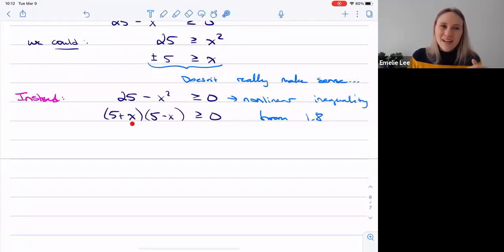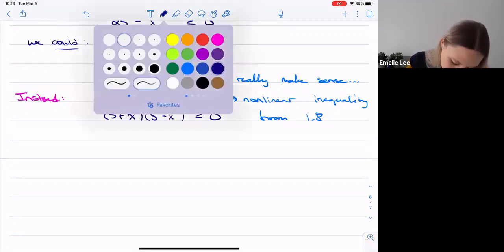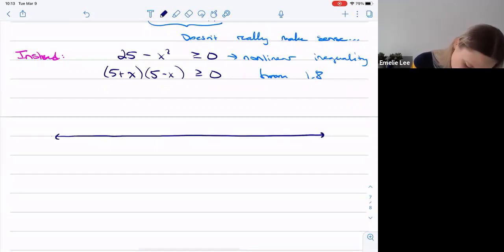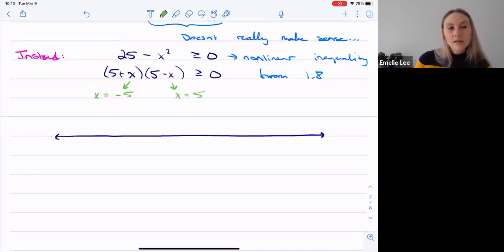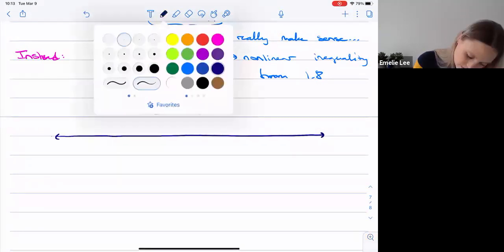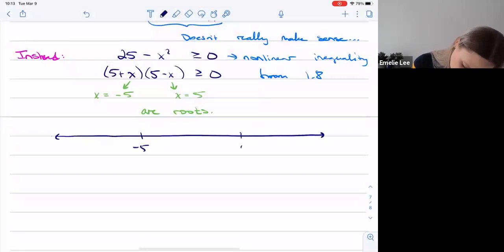But so what did we say? Okay, well, I have these roots, right? I've got x equals negative 5 and x equals plus 5, which makes sense. That's what we found up here, are my roots. So that's where things are going to be equal to 0. So if I do a number line, remember how we dealt with nonlinear inequalities? And then we said x equals negative 5 and x equals positive 5 are roots. So at negative 5 and positive 5,